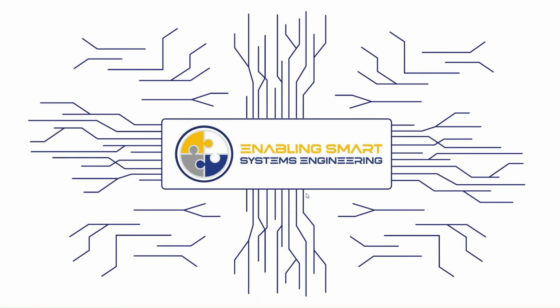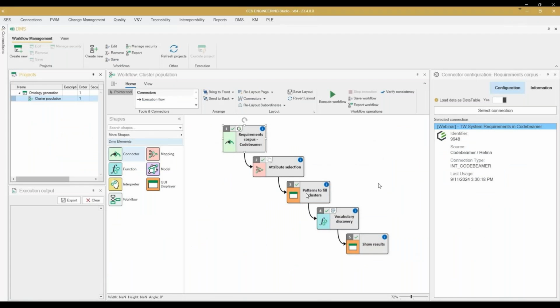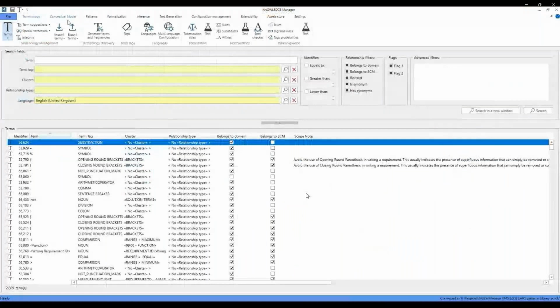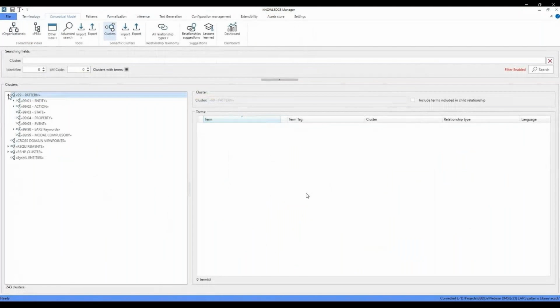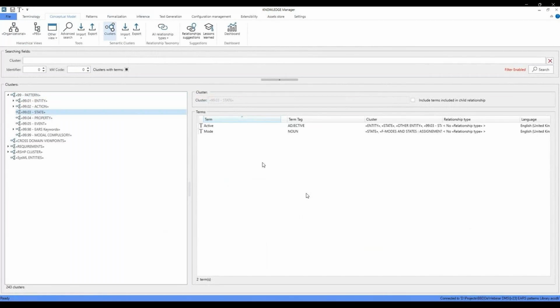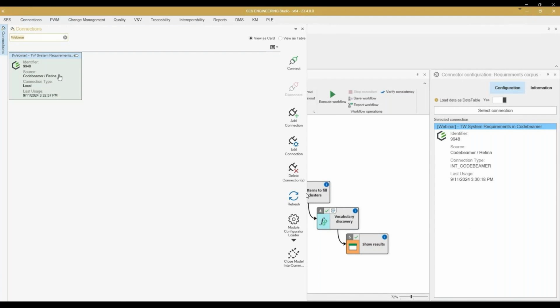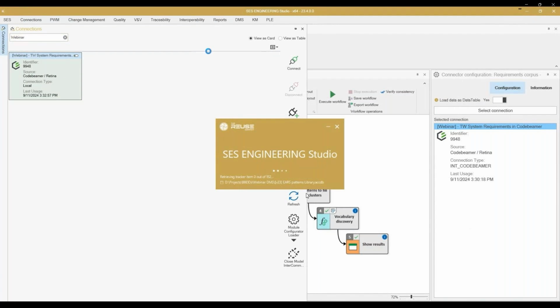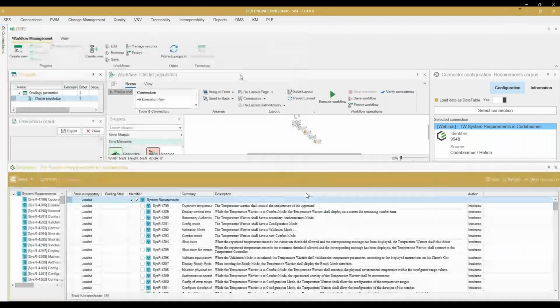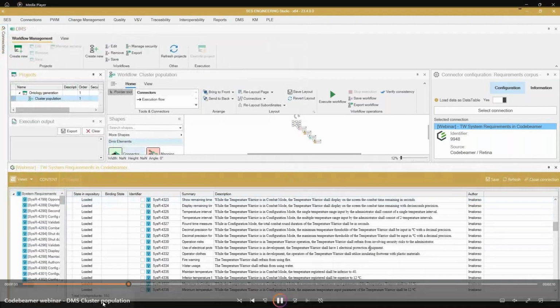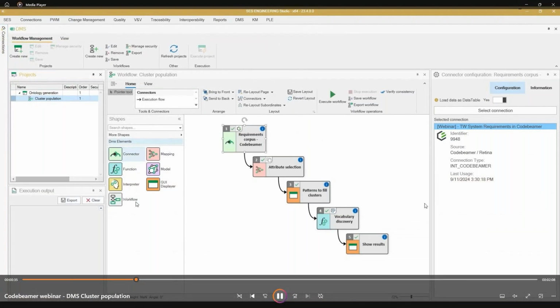So for this exercise, we have started with, well, this is our DMS module, and this is our knowledge manager. As you will see in a moment, I go to see how many states and modes I have in my system. I had only 2 dummy elements. And now I connect the Engineering Studio 2 to a Codebeamer document. I retrieve all this content. These 153 elements are coming from